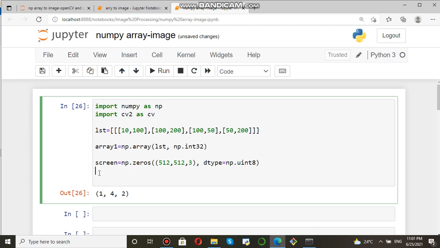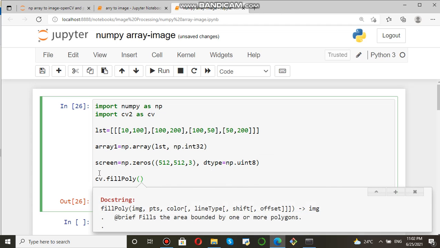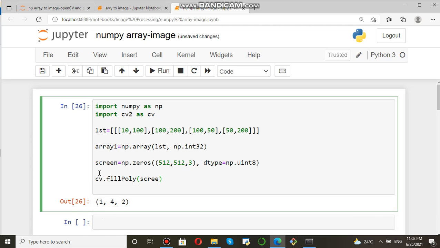Screen is there. Now cv.fillPoly, and press shift tab, you can see the function. First is image. Image means where you want to draw it, on the screen of 512 by 512 with 3 channels.